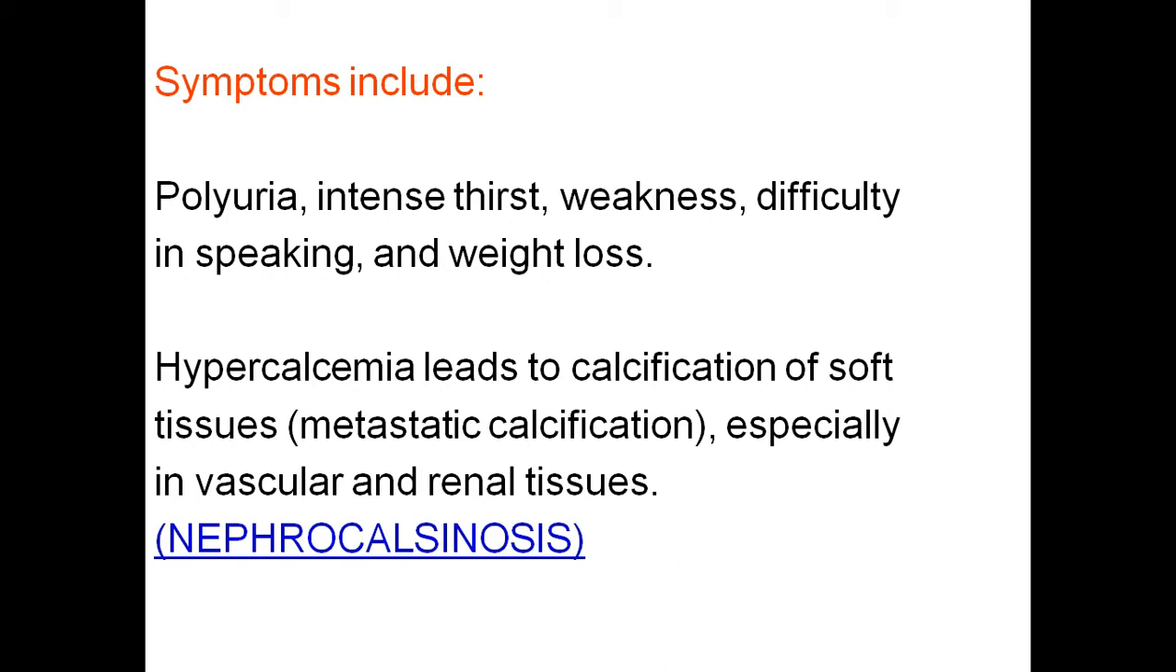Hypercalcemia leads to calcification of soft tissues. If the calcium level is increasing, soft tissues become calcified. That is called metastatic calcification. As a result, the softness of the tissue is lost, and they do not function properly. Especially in vascular and renal tissues, this is very dangerous. The excessive calcium levels damage the blood vessels and renal tissues, that leads to a condition called